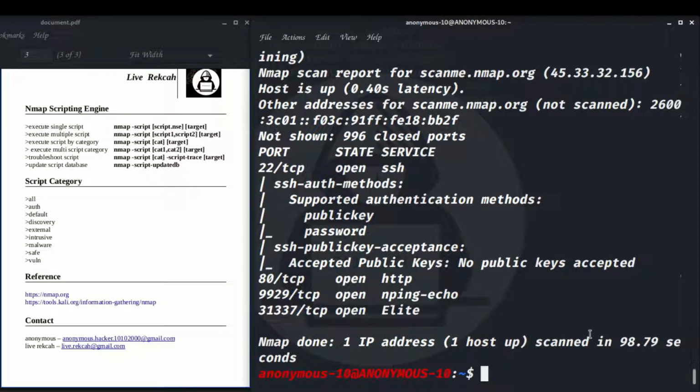See, it is password protected. It has SSH, port 22. SSH authentication methods supported: public key and password. It is password protected, not only public key protected. It has public key and password. Any server may use a public key.